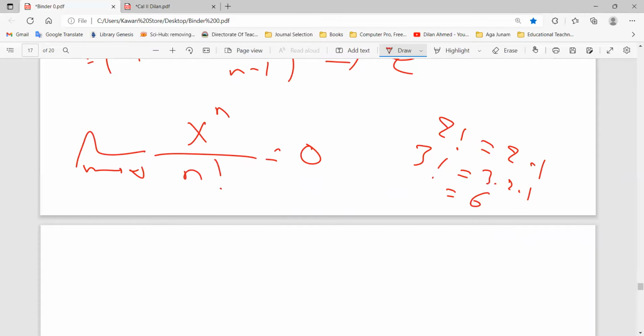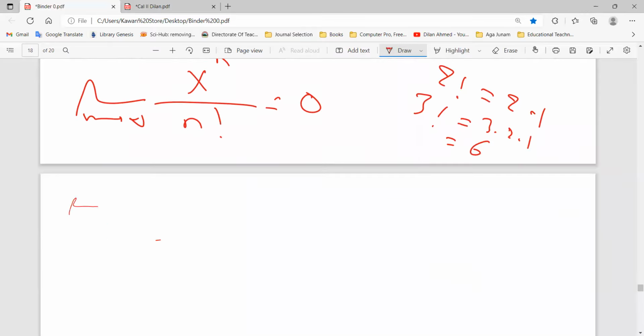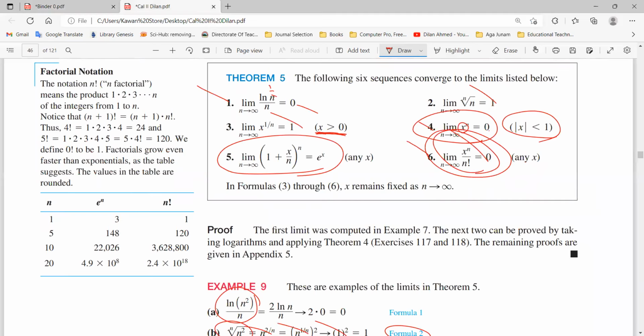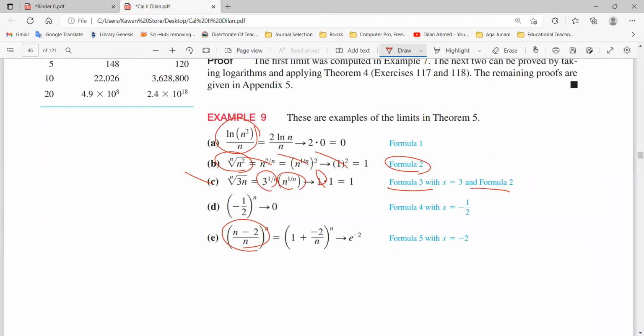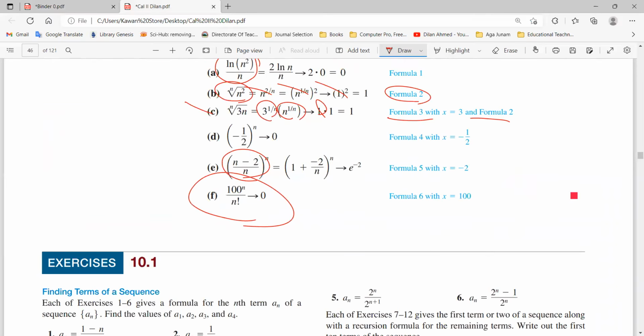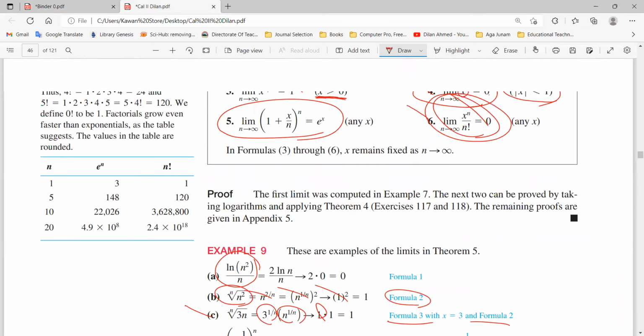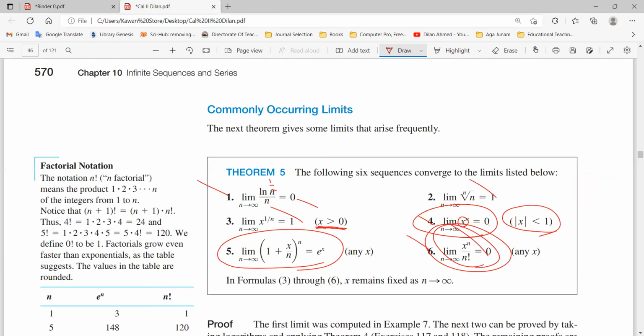Look at me, the last one. For example, if I have 10^n over n factorial, n approaches infinity, I say it is equal to what? 0, without thinking, because actually there's a rule for how to solve it, but we just need to find it. Any question about these six formulas? It is very, very important. We need to